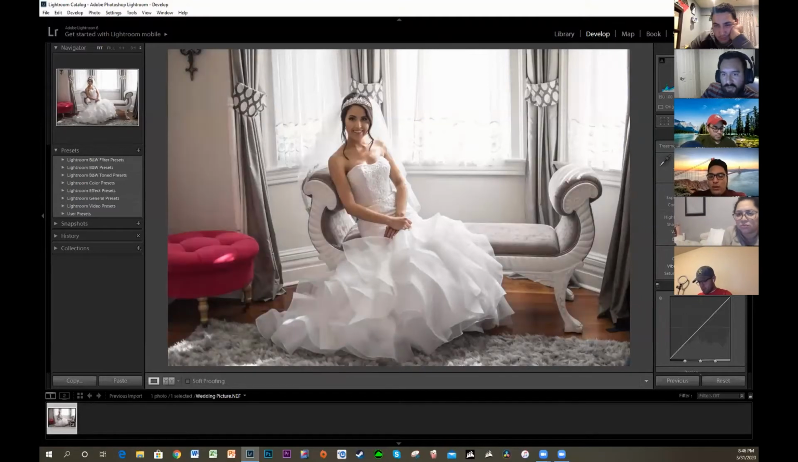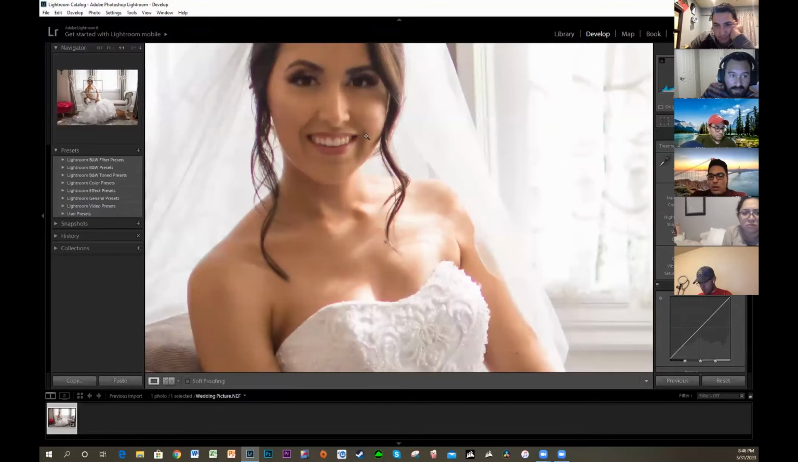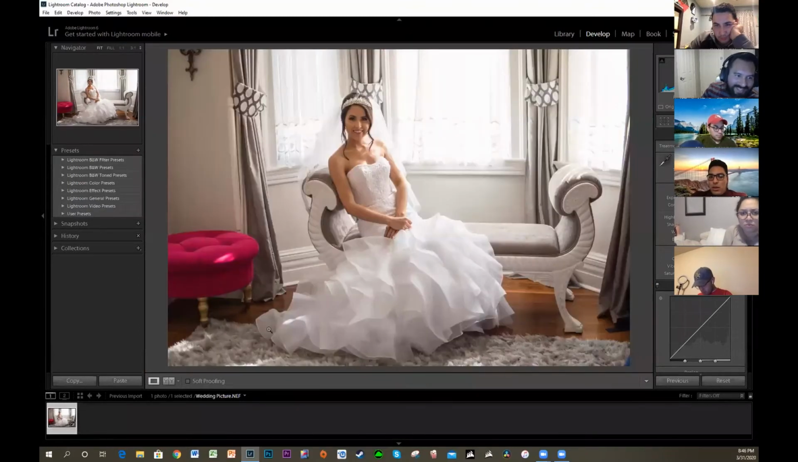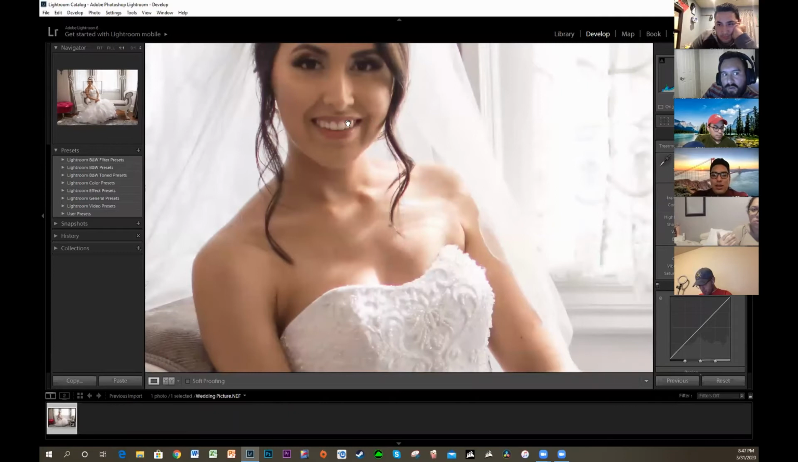But if I put it up too much, her skin's really orange. It kind of makes her look like an Oompa Loompa, and that's not what I want. So I don't bring the vibrance up too much. I think I have it right at 25. But because her skin is still a little bit orangish,